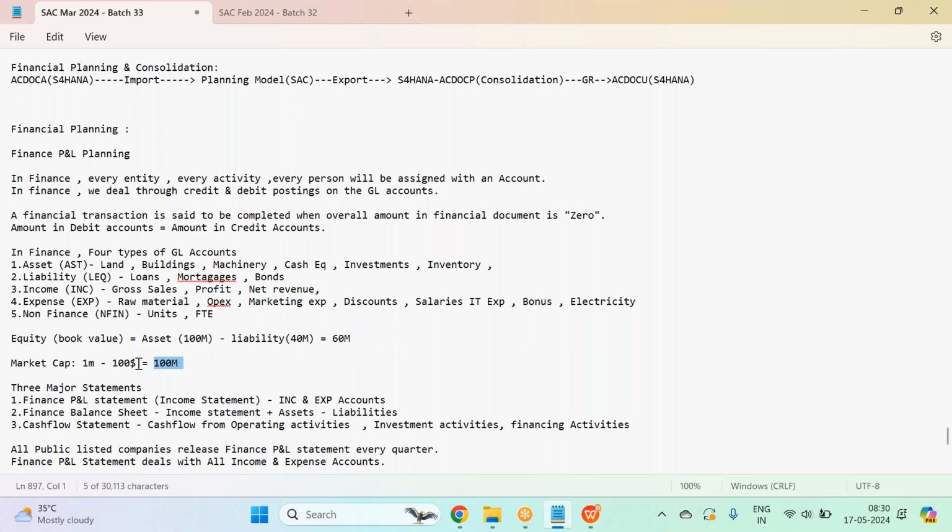Suppose the stock price is around $500, market capitalization 500 million. If the company goes bankrupt, they still get $60 only. For a $500 stock, they get $60 only. Price to book is around 9 times. Very, very expensive. Price to book, price to earnings, help to understand the company's functioning.